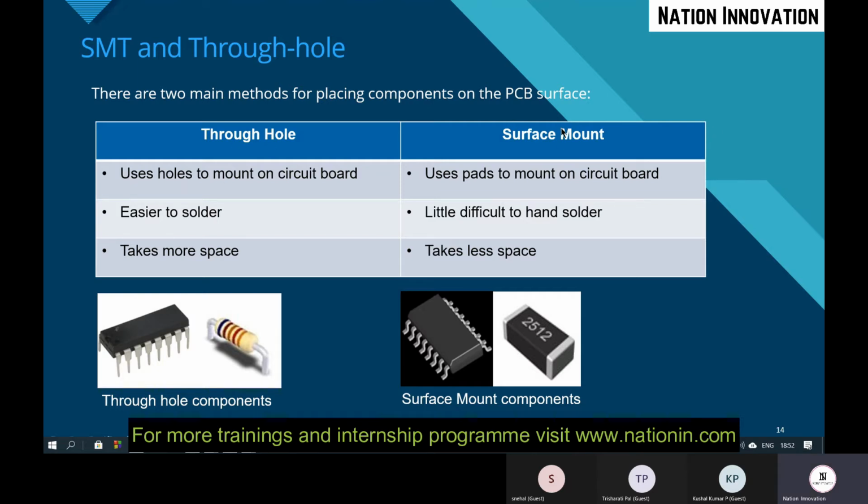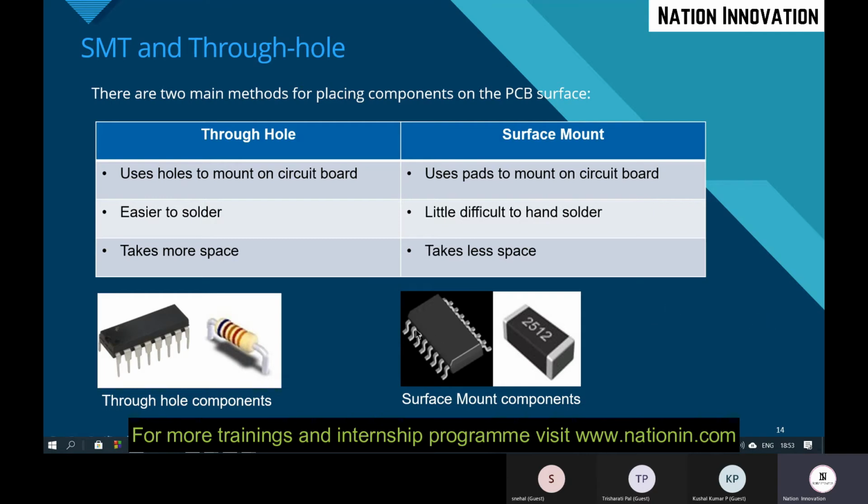For surface mount technology, no need to drill holes because it will be having pads. You need to place the components on the PCB, and the soldering is done on the PCB, not below the PCB. You can solder the through-hole components easily, but surface mount devices are difficult to solder because you need to solder on the copper layer only.